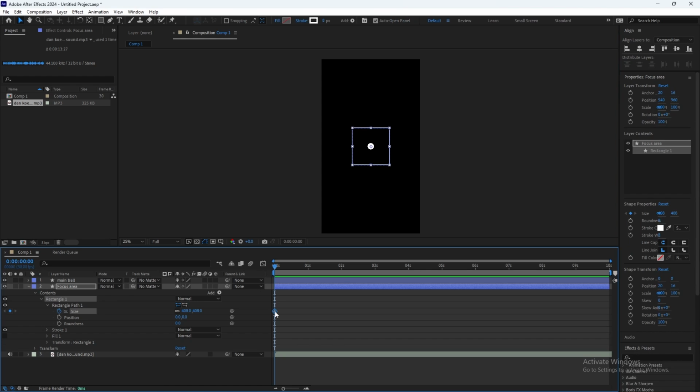So I'll do it again. Click the size, go forward 15 frames, and then click it again. Now go back and change it to 0.